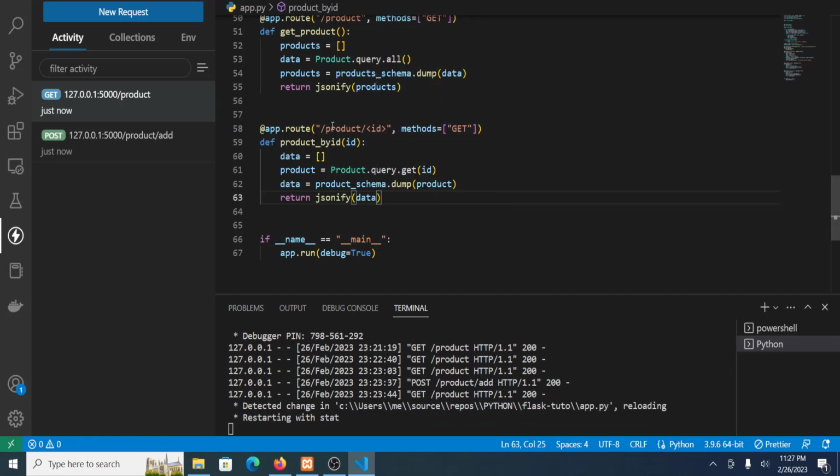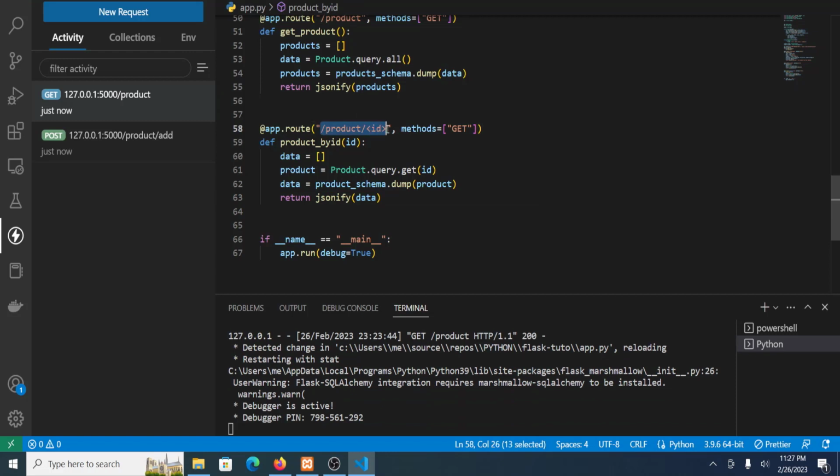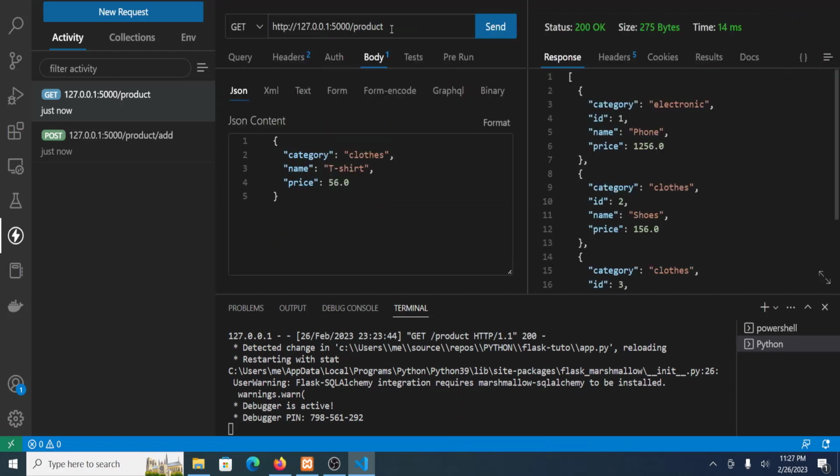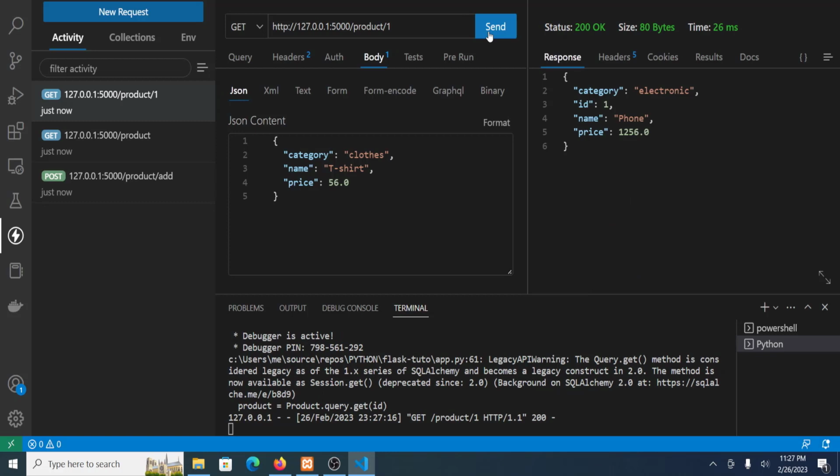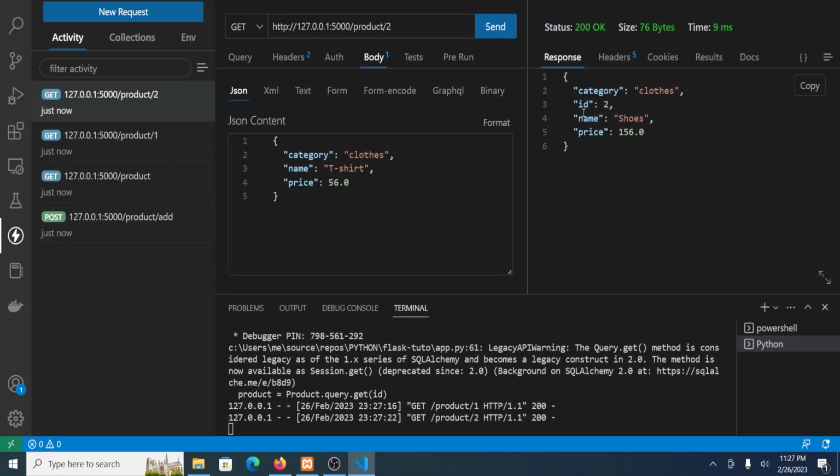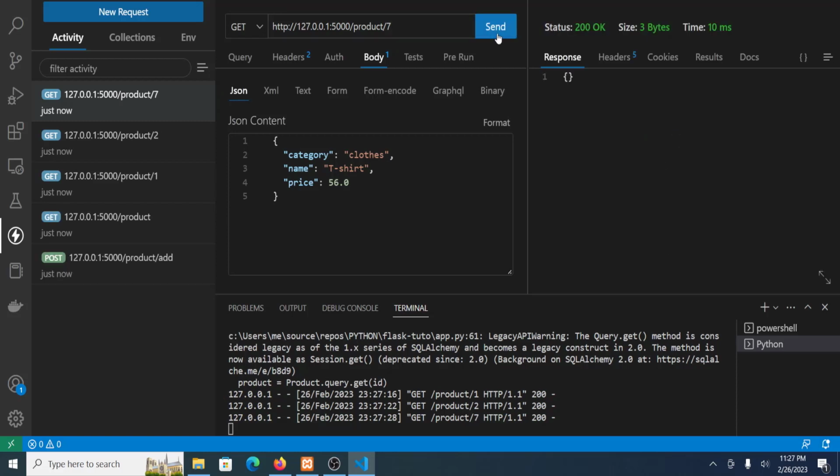Now let's go to this route. It's product and ID. Let's get the product with ID 1 and see. Send, and we get the product. Let's get the product with 2. You get the product with 2. Let's get a product which doesn't exist, maybe 7. As you can see, it's not an error, but